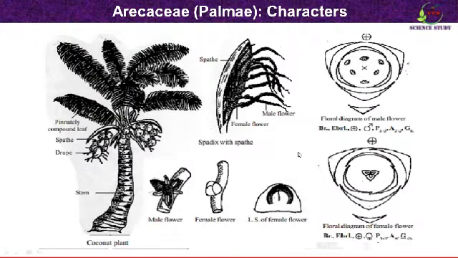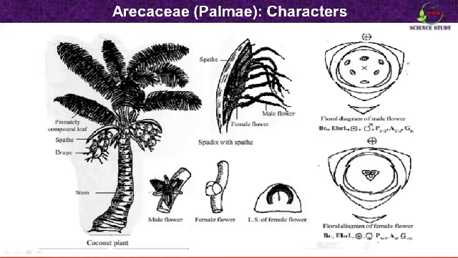These are the sketches of very common plant, that is coconut plant. Botanical name of the plant is Cocos nucifera. Here you can see sketch of coconut plant. This is the stem which is generally unbranched, and here you can see the crown of the leaves. The leaves are pinnately compound. Here you can see the spathe and the fruits attached.